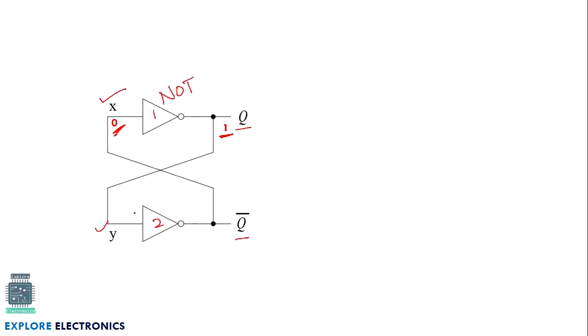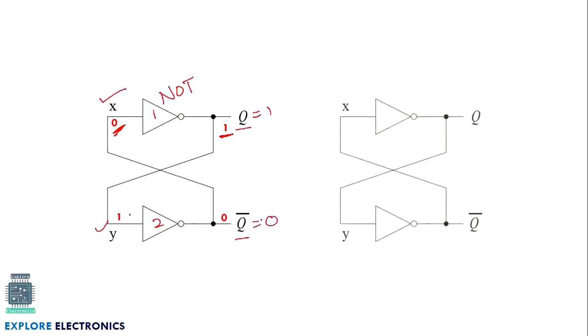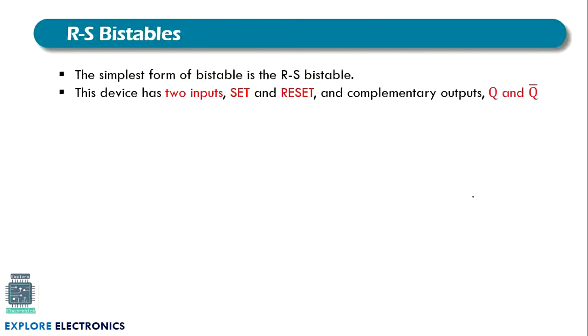Now this 1 is connected to the input over here. 1 becomes the input for the next gate and that gives 0. Now if 0 is the input here, it is providing the output 1, and this 1 comes here and again produces 0. One more thing you can observe here: if Q is equal to 1, Q bar becomes 0. This is how the bistable operates. And this is another example. If 1 is the input here, we can observe 0 will be the output Q and output Q bar will change to 1.